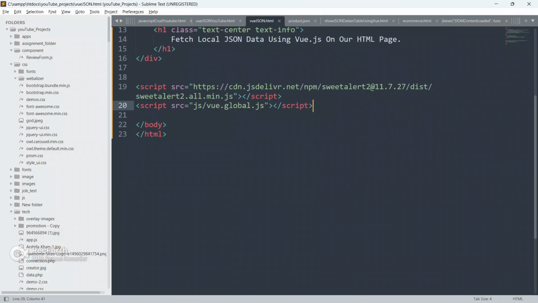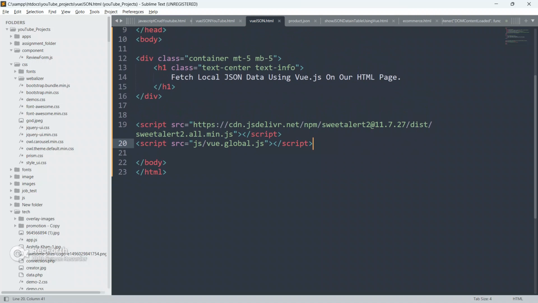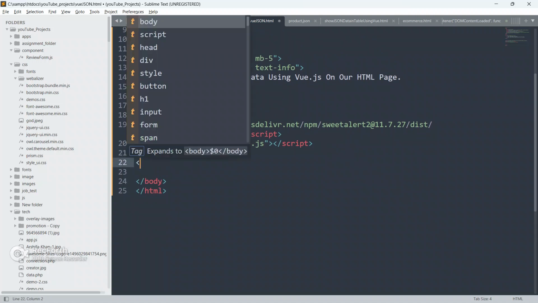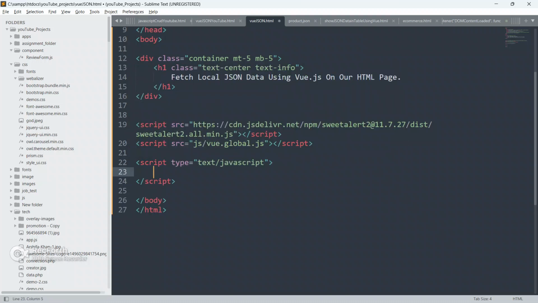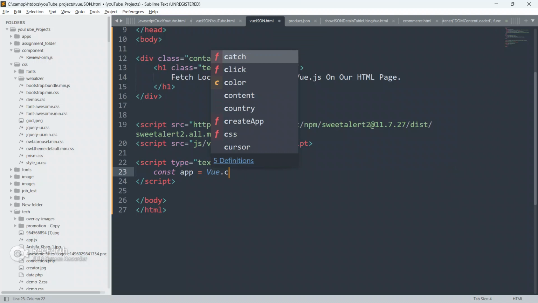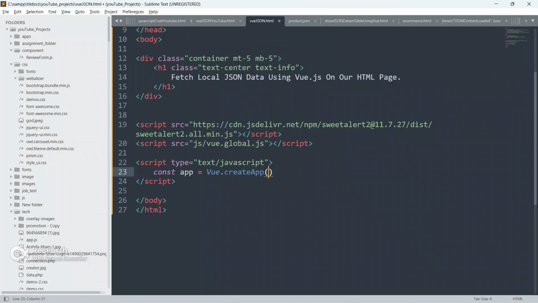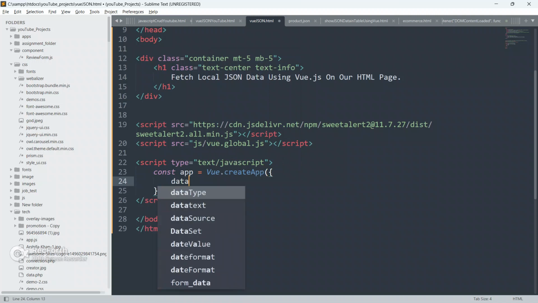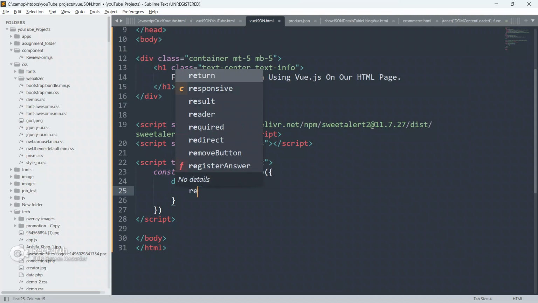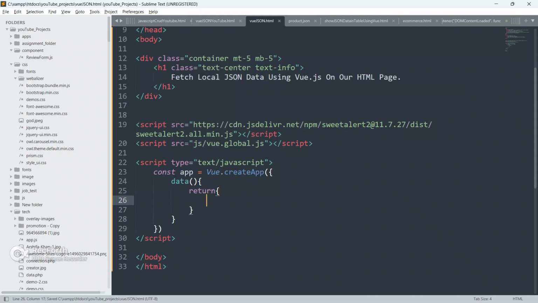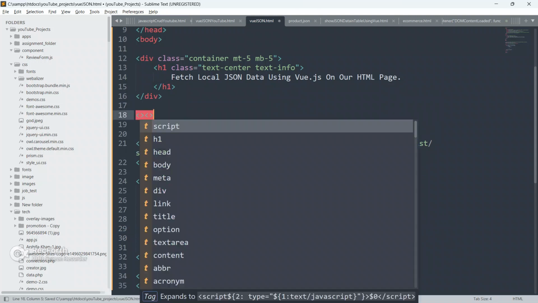Okay, so now let's go to the code editor again, and guys, below this I'm gonna write JavaScript now. I'm gonna write JavaScript in Vue.js. So create a script tag, and I'm gonna create const app equal to Vue.createApp, and a data function, so data, and it will return all the properties. So now we have to mount this div. So first mount, I will also give the id only app and close it.